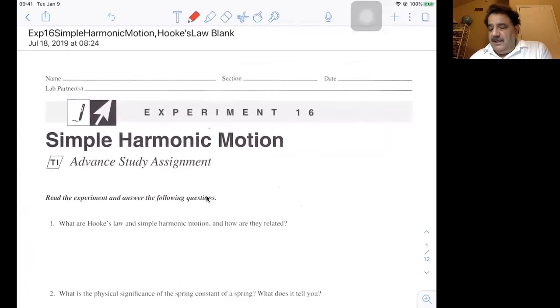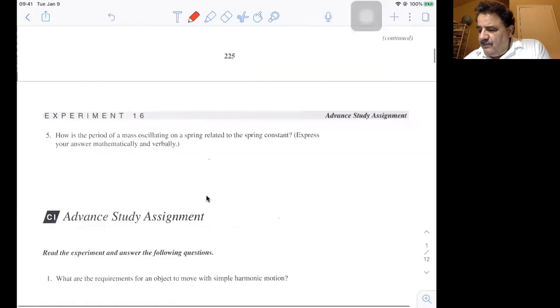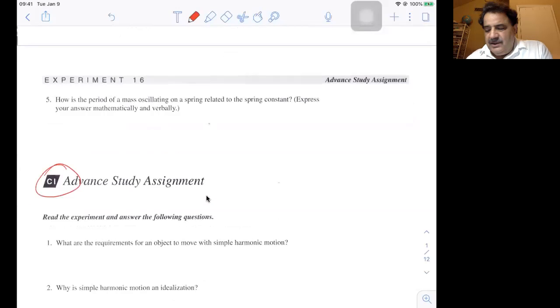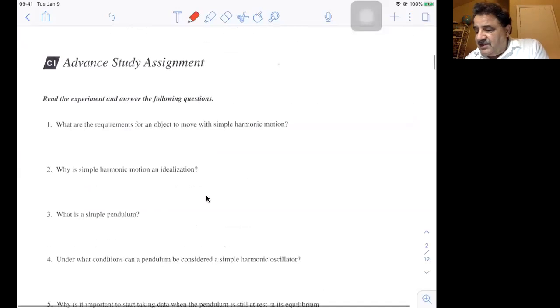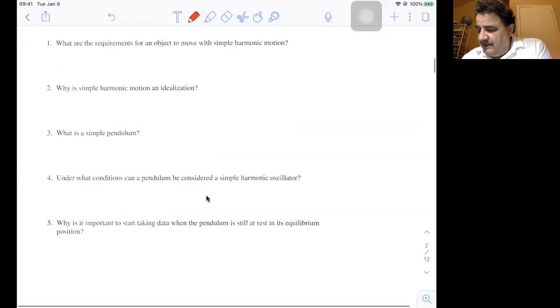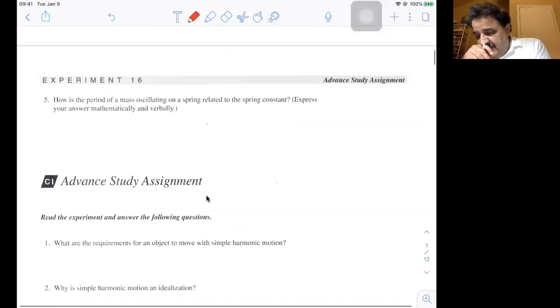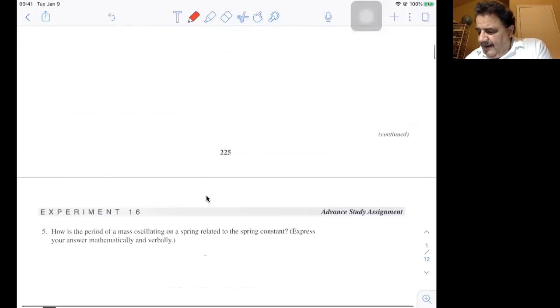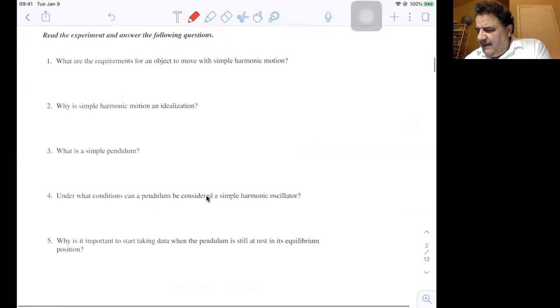hand, or if you're doing it electronically, you want to do the TI portion. Those are the ones that we're doing. You don't have to do the CI. You can forget those. Those are computer assisted experiments. We don't have to do it. Now, having said that, if you want to answer the advanced study assignment CI questions, you're welcome to, and I'll even give you some extra points for doing it, because one of them you may not be able to answer